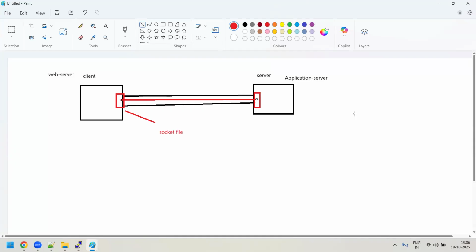So Rajesh, will the TCP protocol and UDP protocol try to open the socket while communicating? Yes, sir, they will try to open the socket. A socket file, the socket has to be opened. With the help of a socket only, this machine can communicate to that machine with the help of an IP address and a port number through which they want to communicate with each other.